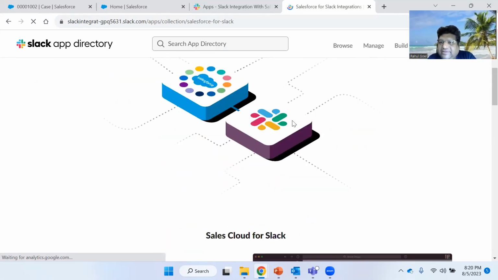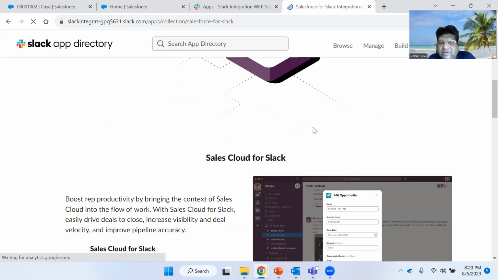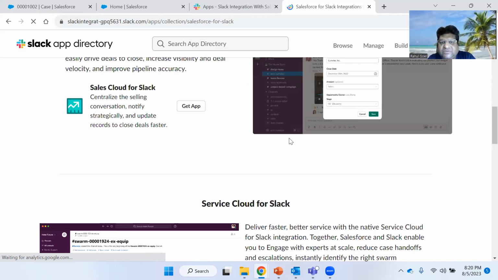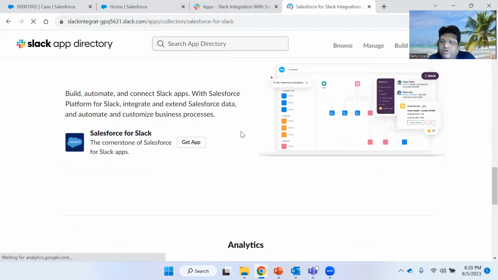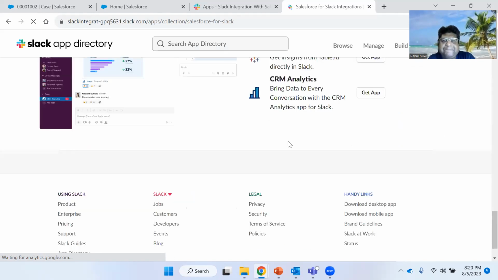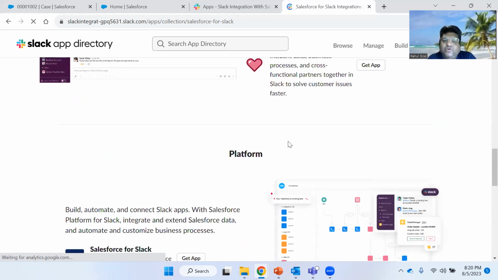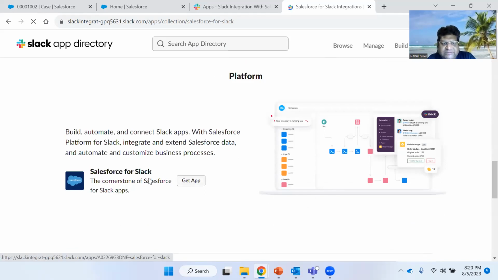I told you there are many clouds available in Salesforce, for example Sales Cloud, Service Cloud, Salesforce Platform, your normal platform, and Analytics. You need to start with this. Once you click on Get App,